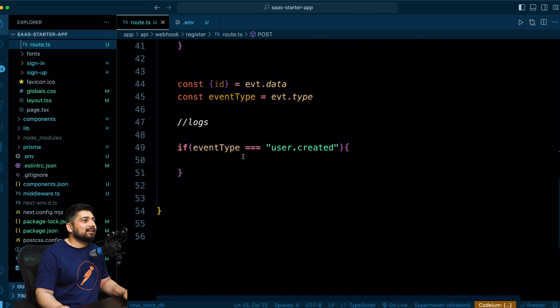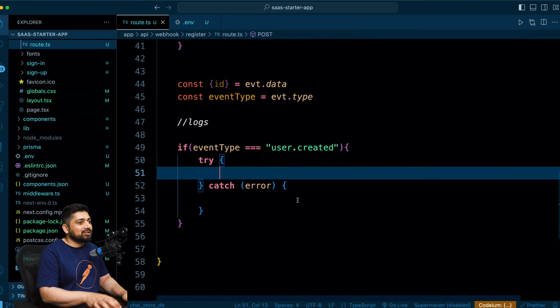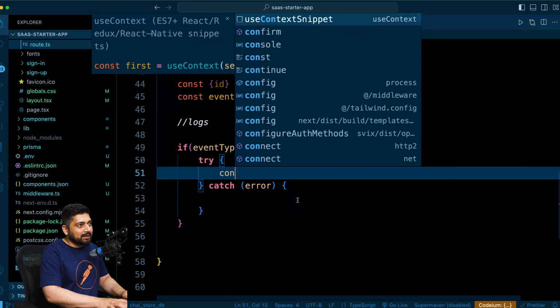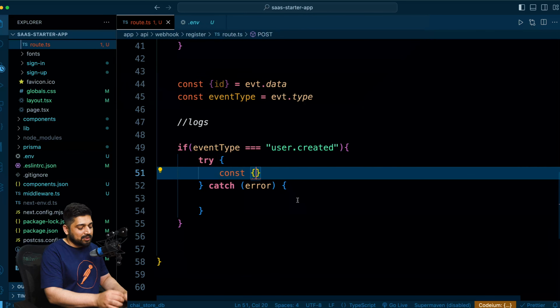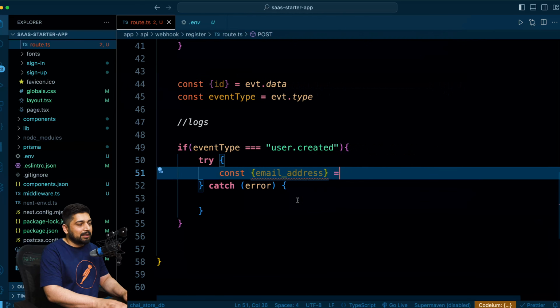But since we are here, let's just go ahead and fire up Prisma. What do we want to do? I'll fire up a try catch. I'll extract some information from the event data, so you know this is where you have to study. I'll say I want email addresses, that is going to come from